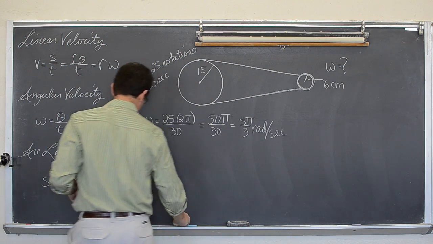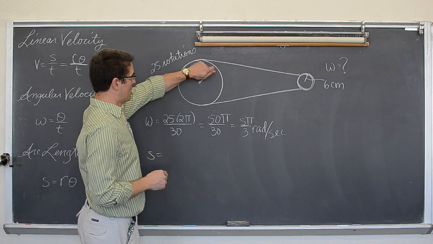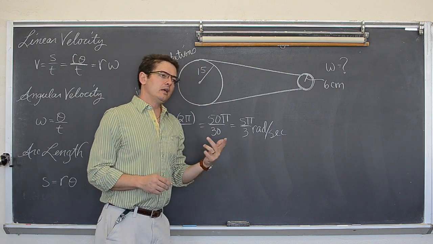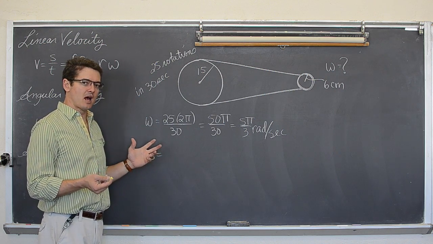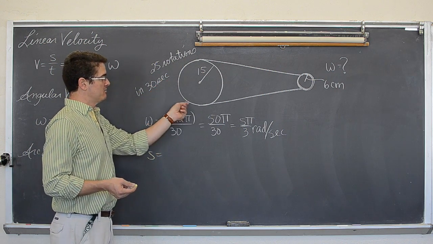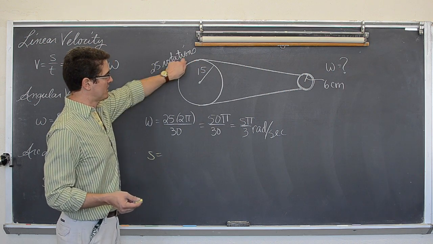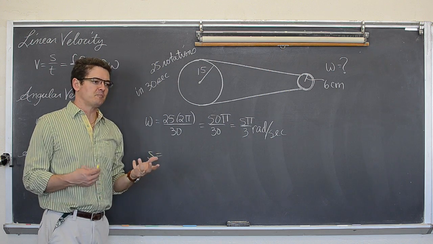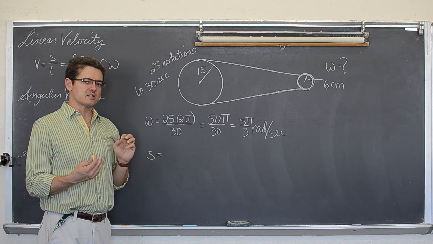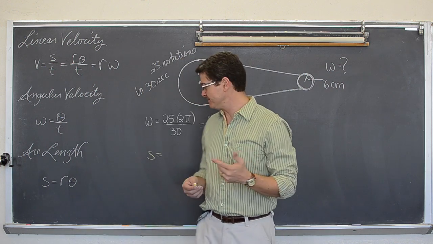So for this front sprocket, S is the arc, how much chain I'm pulling. I could also just write V for linear velocity, how much that front sprocket moves in 1 second. But since my kids are thinking, okay, I'm pulling a chain around it, and that same amount of chain is getting pulled around the back, I find that doing arc length instead of linear velocity makes it easier to understand.